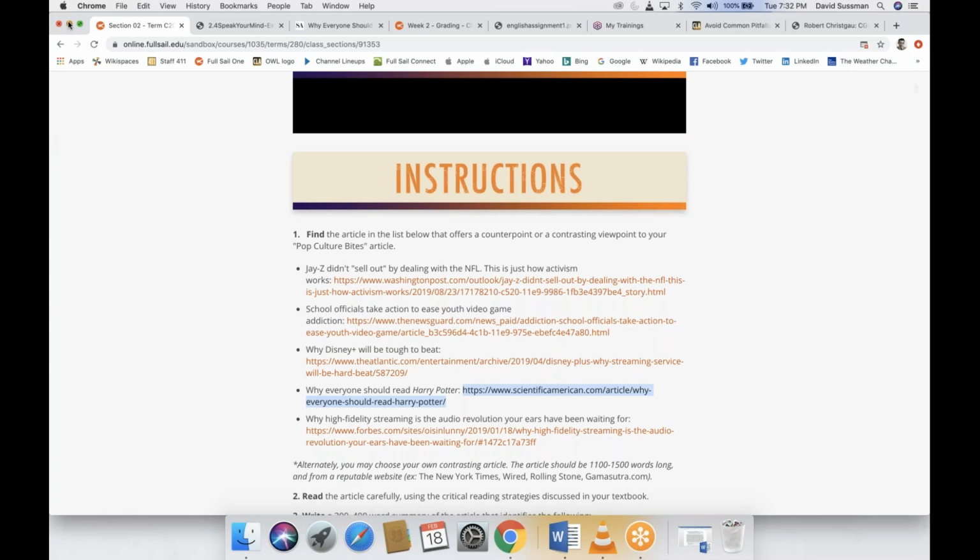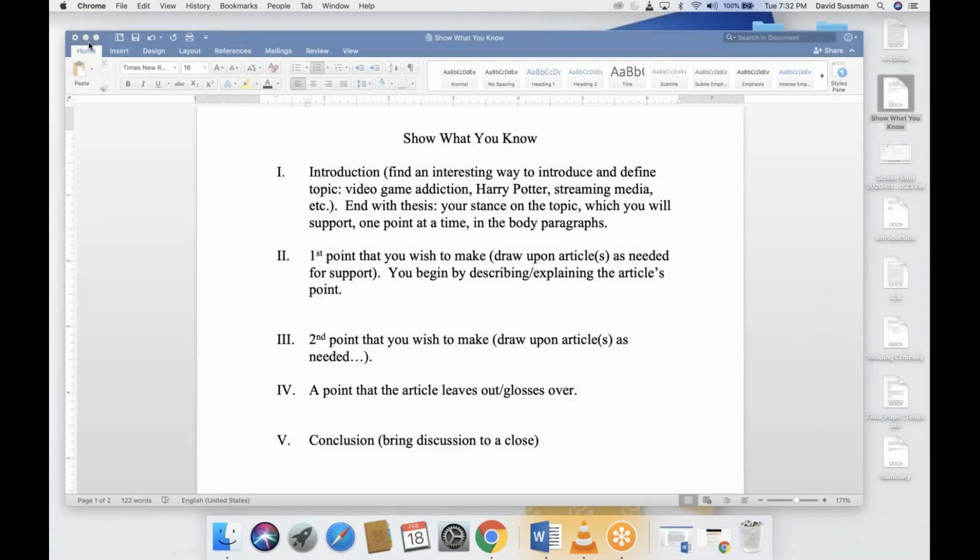By the way, APA is the style system used in all Full Sail classes, so it doesn't disappear just when English class ends, and your future instructors will expect you to know the basics. So the basics include paragraphing, right? Like double spacing, using Times New Roman, indenting the first line of a new paragraph, and also how to quote and include an in-text citation, and how to create references. So if you can have those three things down, you should be fine.